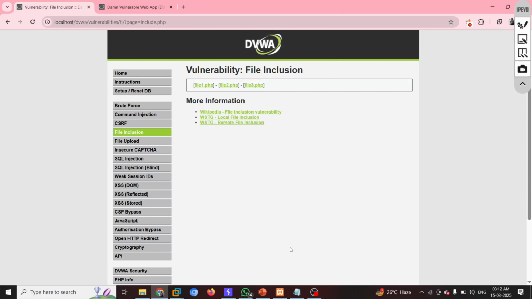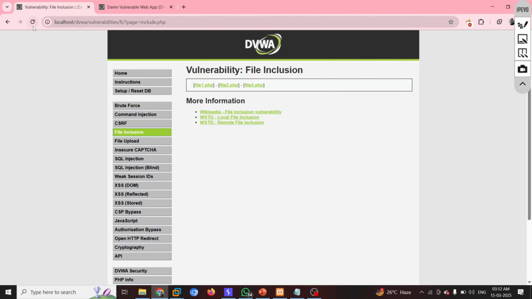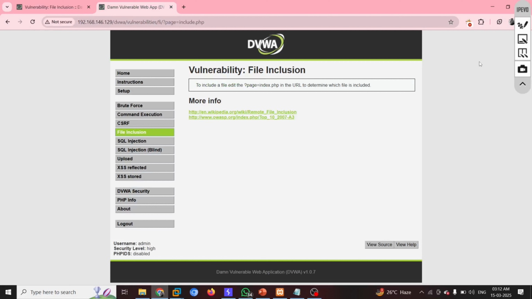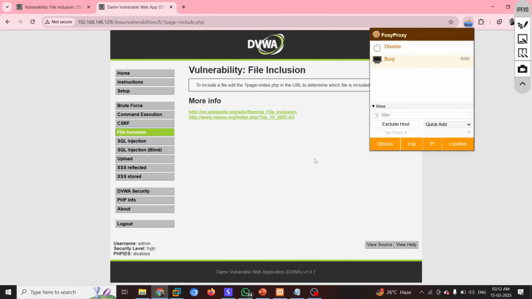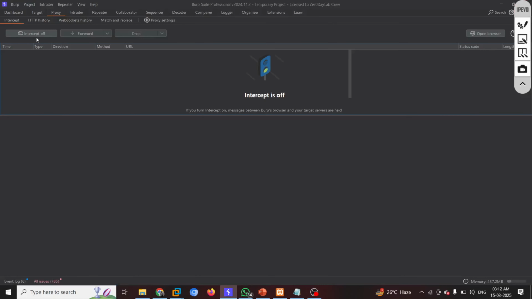So again, when we perform an LFI attack, it is really important to know what kind of server is being used by the application. Randomly hitting and trying would not get you anywhere. Suppose I found that this application is running on a Linux server, right? So what I'm gonna do, let me turn on the intercept, right? And then proxy on intercept.